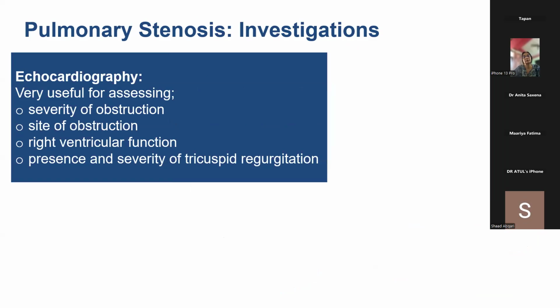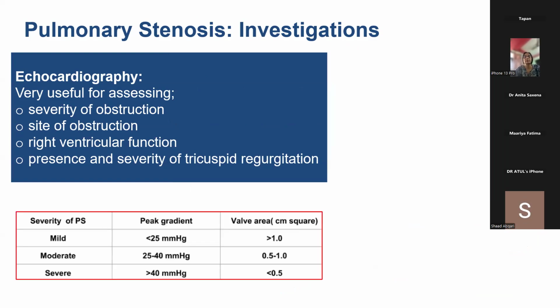So echo is very, very useful, as expected. It not only tells you the severity of obstruction, it also tells you where the obstruction is, how the right ventricular function is, whether there is tricuspid regurgitation or not, and also how to manage this case, how to decide whether you want to go for balloon, and if balloon, then what kind of balloon, what size of balloon you should use. Normally on echocardiography, we divide pulmonary stenosis into mild, moderate, severe, depending on the peak gradient. Anything more than 40 millimeters of mercury is considered significant because it corresponds to a valve area of less than